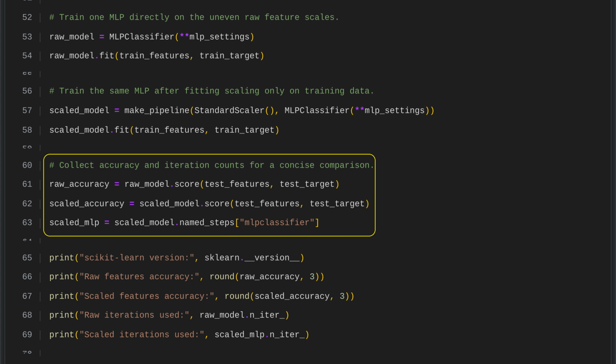We compare two models by measuring test accuracy for one trained on raw features and one trained on scaled features. This shows whether scaling improves performance. We then inspect the multi-layer perceptron inside the scaled pipeline, especially how many training iterations it needed, to understand how